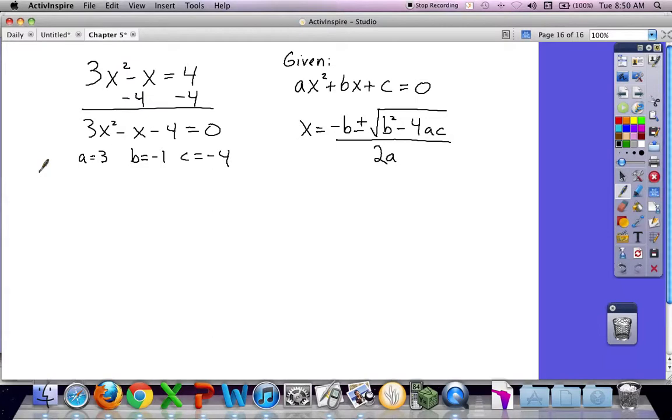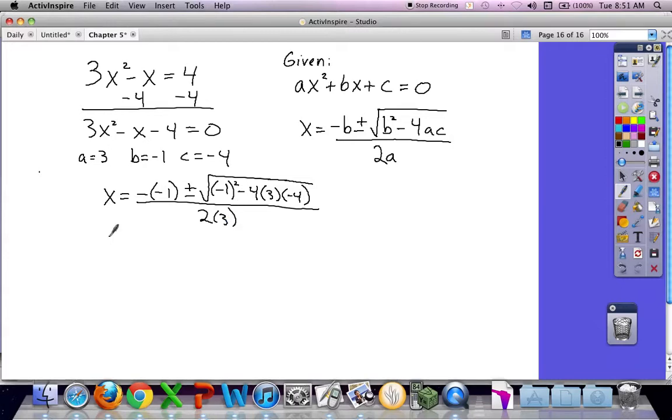So using the quadratic formula, the solution to this should be x equals negative b, so negative -1, plus or minus the square root of -1 squared minus 4 times a, which is 3, times c, which is -4. All of that is divided by 2 times a, again, which is 3. So x equals